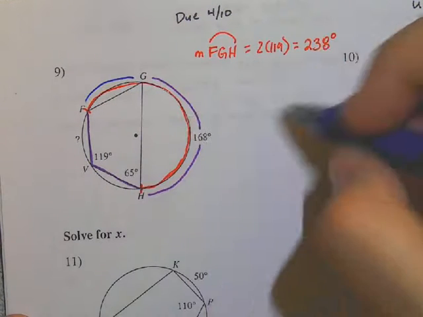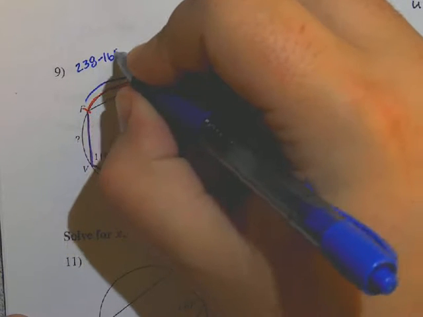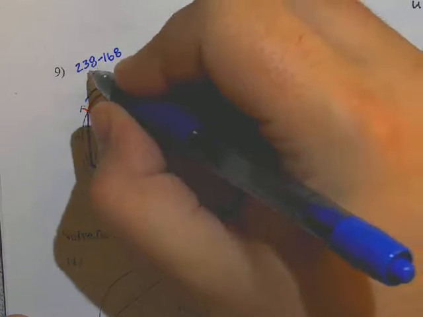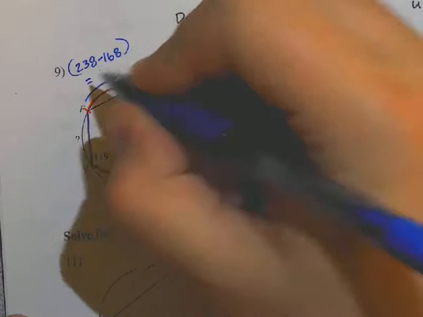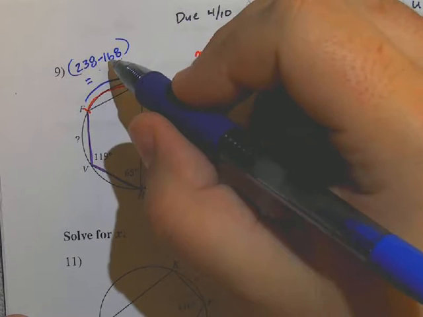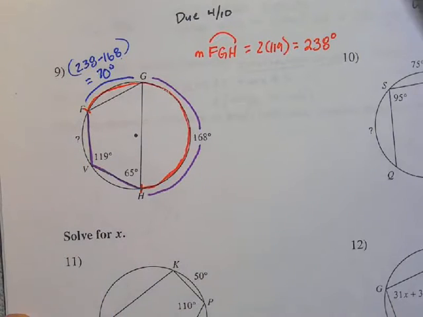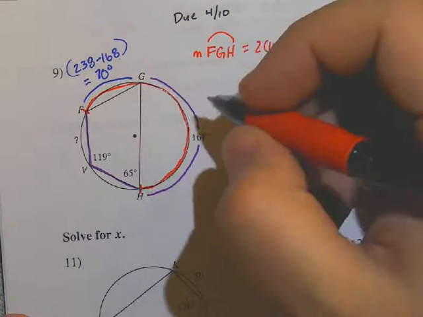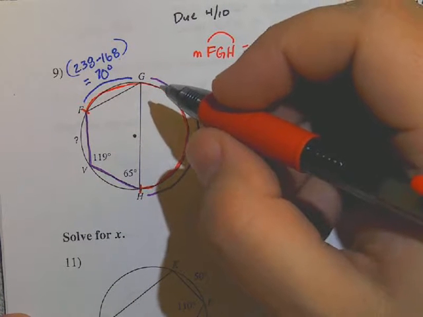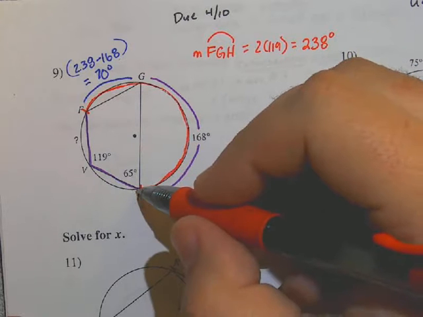So that means that I can find this section by subtracting it. 238 minus 168 gives me this. So that is, let's see, 238 minus 8 is 230, minus 160, so it's 130 minus 60 is going to be, what, 70 degrees? So there's 70 degrees there. And some of this might be overkill. I probably could have found some of the rest of this another way, but I'm just being diligent here,